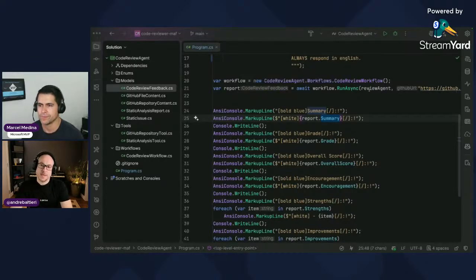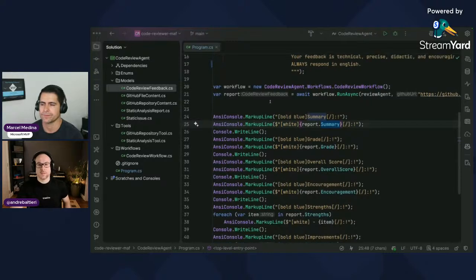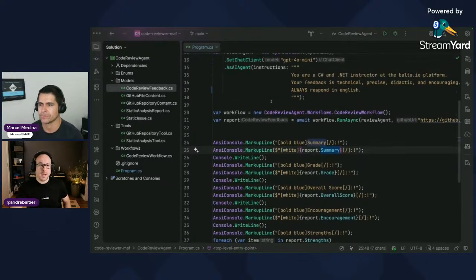Okay, my run async will always return a code review feedback instead of simply returning a string. This is the main point here also. And another thing is that